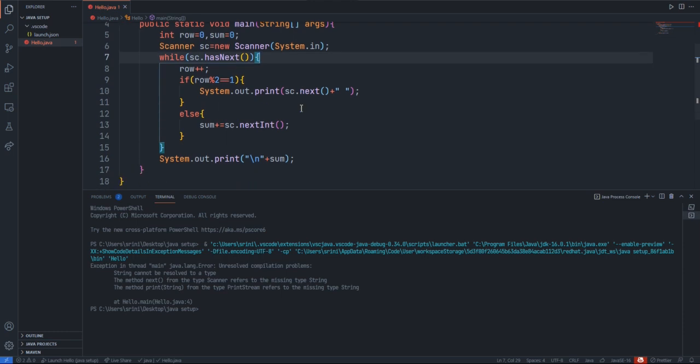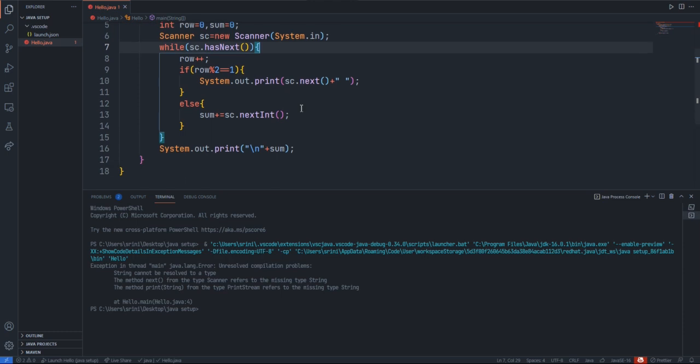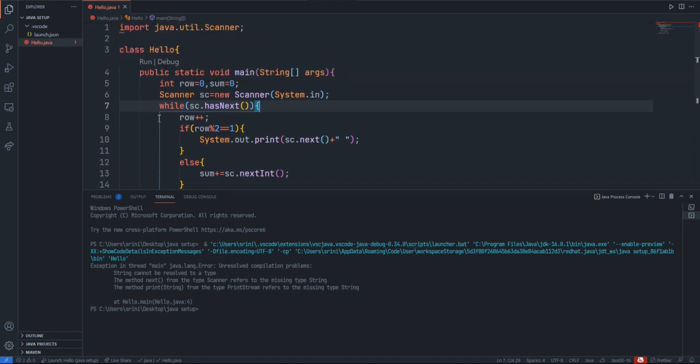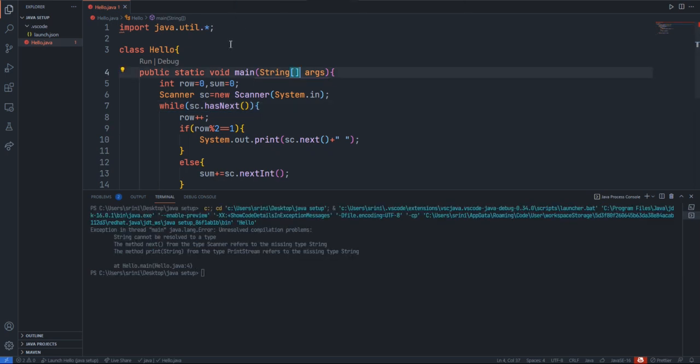Where is the string? In line what? Line 4. So in line 4 we have String, the string argument. I have no idea what that means.